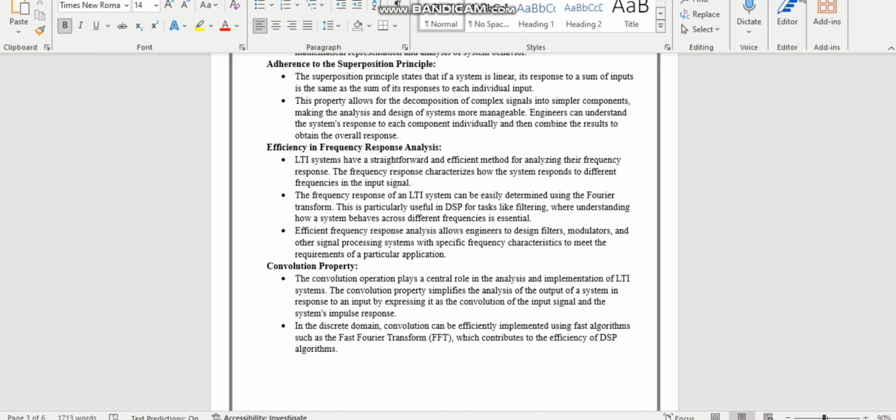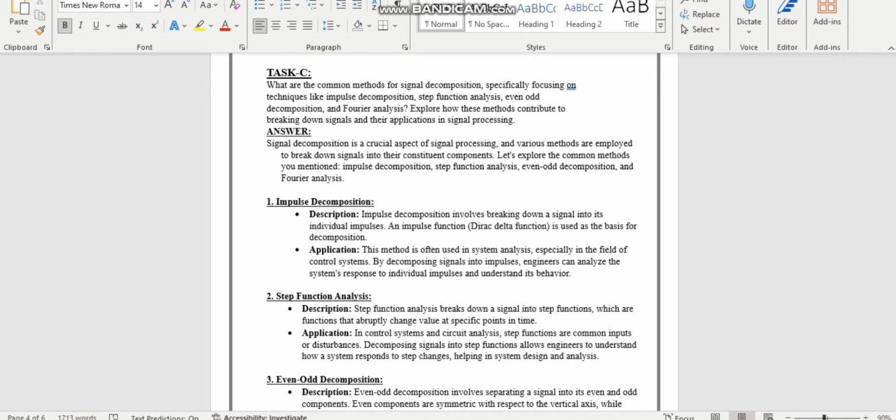In the discrete domain, convolution can be efficiently implemented using fast algorithms such as the fast Fourier transform, which contributes to the efficiency of DSP algorithms. In task C, what are the common methods for signal decomposition, specifically focusing on techniques like impulse decomposition, step